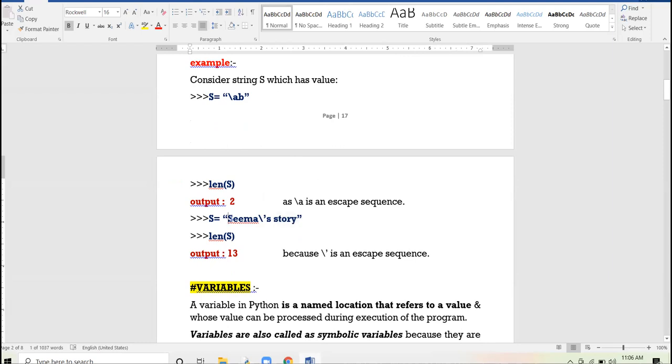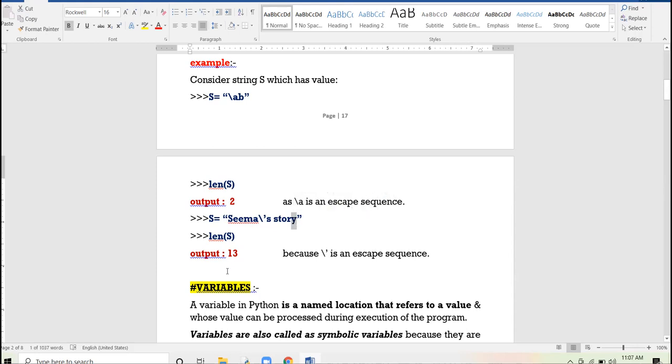How? 1, 2, 3, 4, 5, 6, 7, 8 is the space, 9, 10, 11, 12, 13.